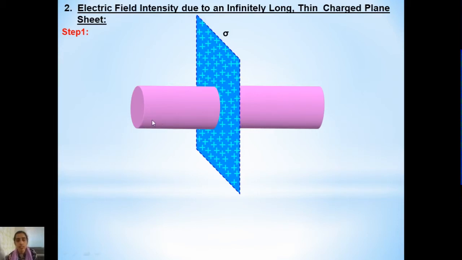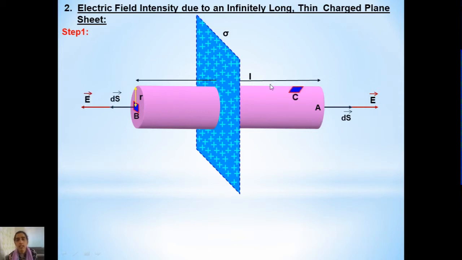Since it has three different surfaces, we should calculate the electric flux linked with these three surfaces, and then when we sum it up, we will get the total electric flux due to this complete closed surface. So let us imagine that the radius of the cylindrical shape is small r and it is of length L, and we know that it has three different surfaces, surface A, surface B, as well as surface C.